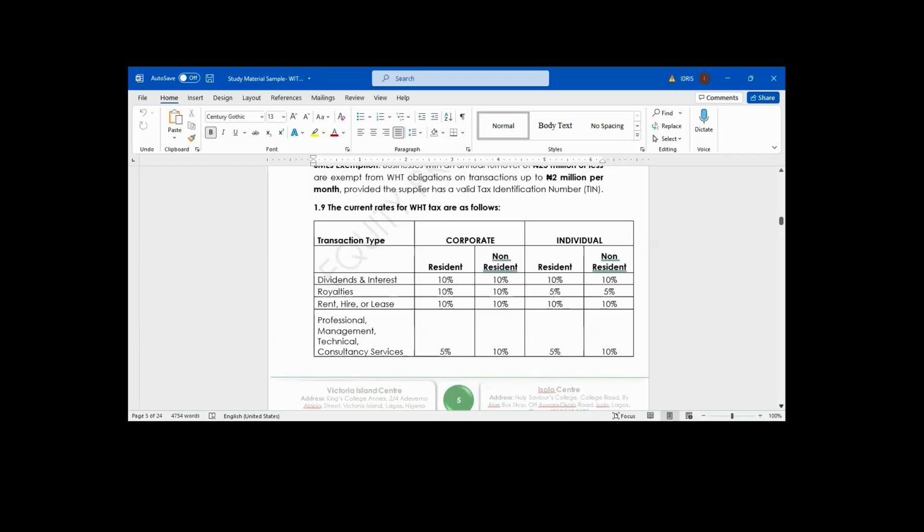Sir, please let me finish my question. How do I determine that this artisan who is using a business name is a small company? Will I request a statement of accounts or his financial position? How do I know? Okay, sir, let me explain. If somebody wants to render service to you, which name does he use to render the service? Is it Babatunde Enterprise? Babatunde Enterprise will pay which type of tax?